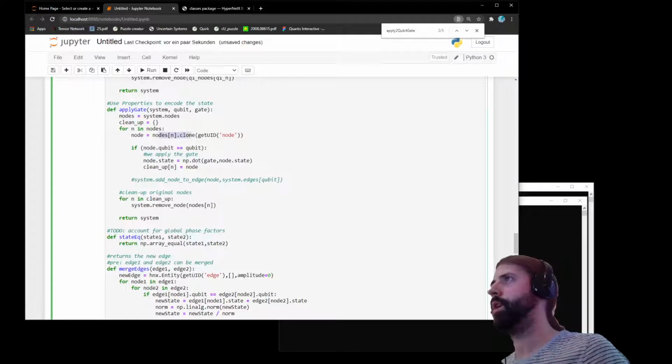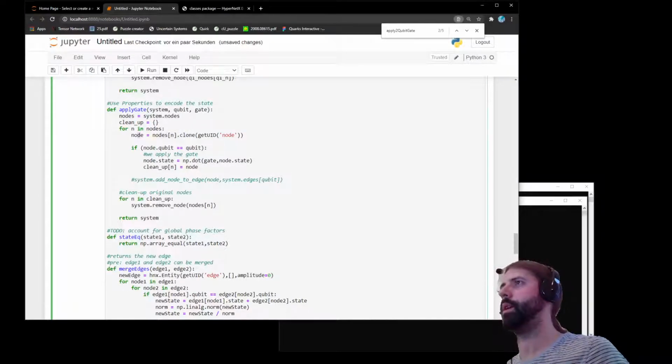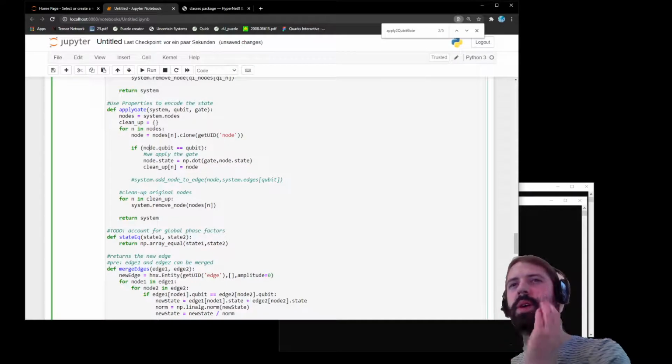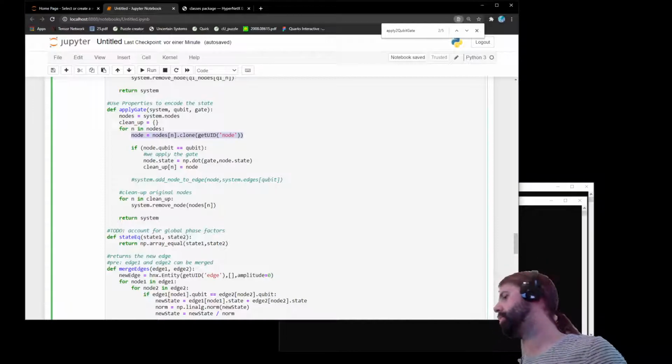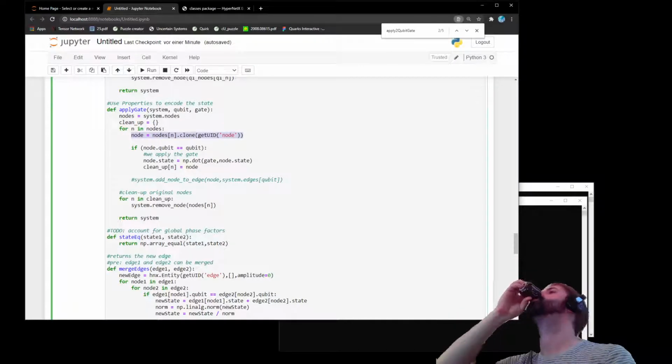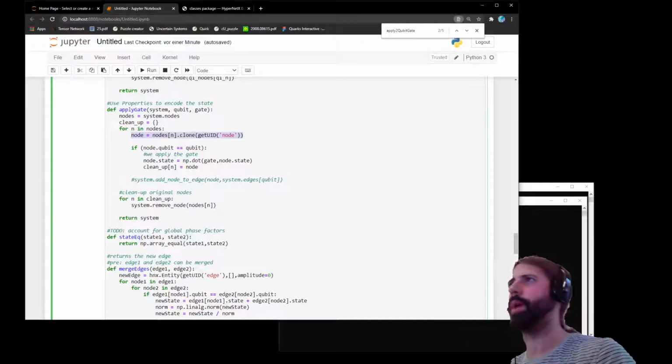We clone the node, and then the question is, do I have to clone it now? Can I not just change it? I think I should be able to change it. Come on. But that change won't propagate. That's the problem. It should propagate, to be honest. If I don't clone these, and if I just say